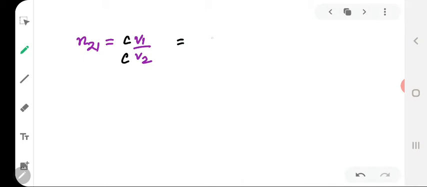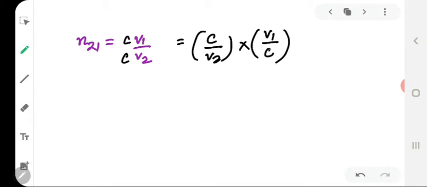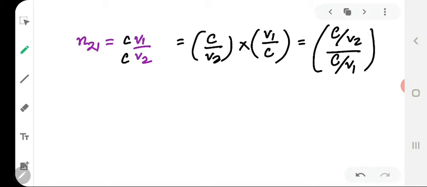We will see that this turns out to be c by v2 multiplied by v1 by c, and this can be further written as, isn't it? So since c by v1 is equal to n1,